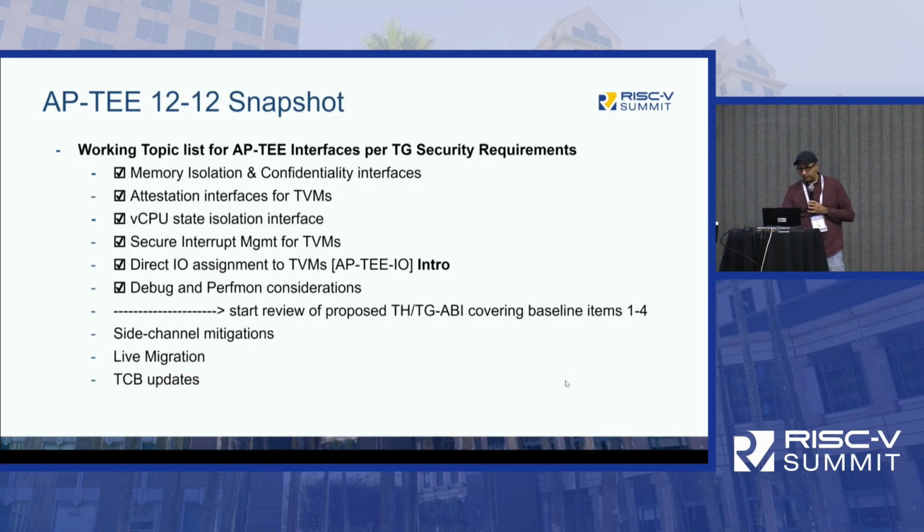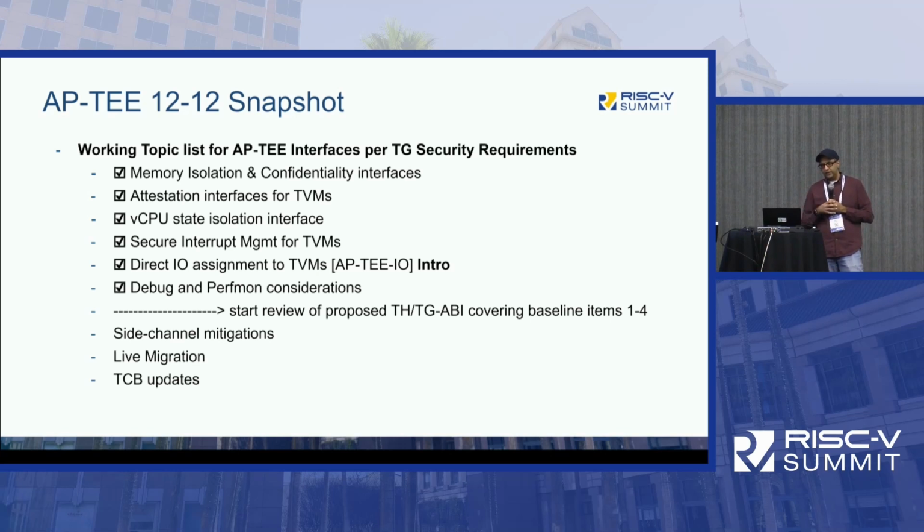So this is just a quick snapshot of where we are right now. What we've been doing in the task group is going through these different aspects of the system functionality that we need to address. Starting with the most important aspect: how do we isolate and create the notion of confidential memory? How do we manage that confidential memory? What kind of attestation interfaces do we need? That's another cornerstone aspect of confidential compute: how do you support hardware-based attestation, right? The fact that you can prove to a relying party that the workload they're relying on that platform is actually running with some hardware-rooted trust, right? That's the second interface.